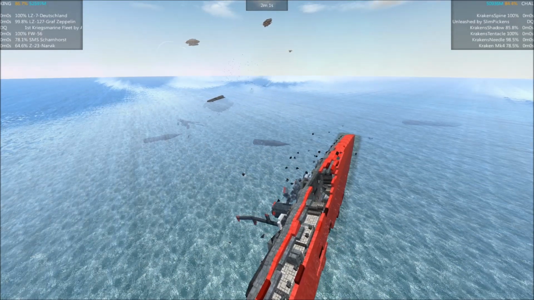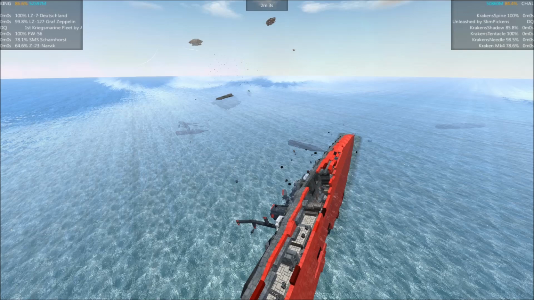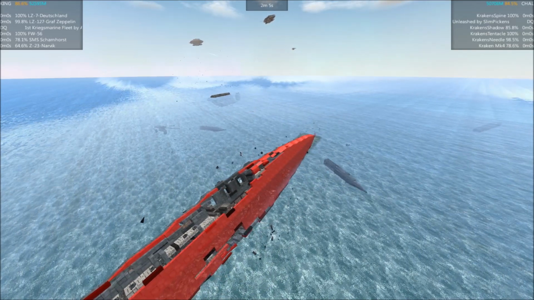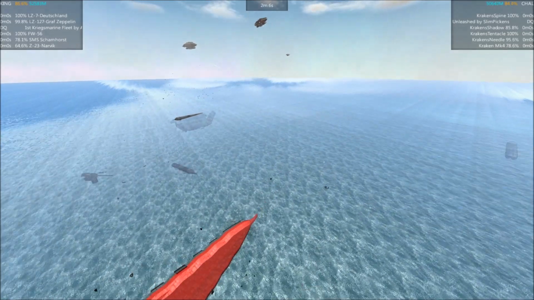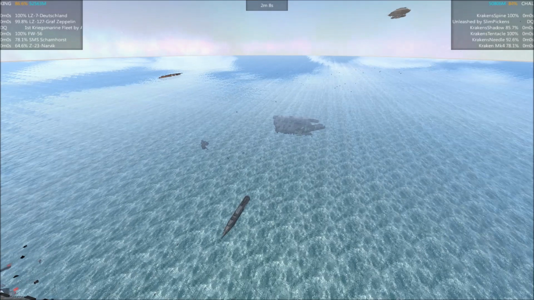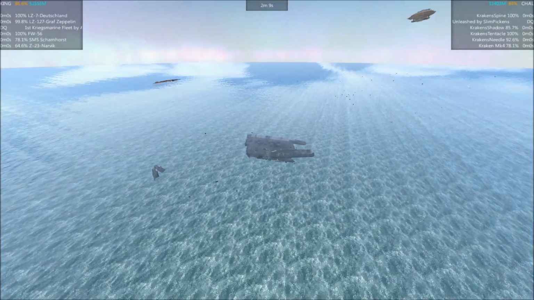Ooh, but it is really low in the water, and it's below 80%. If it gets much lower, it's going to get an 80% sinking despawn. And then I don't think the Kraken Unleashed will have anything that can deal with the aircraft of...